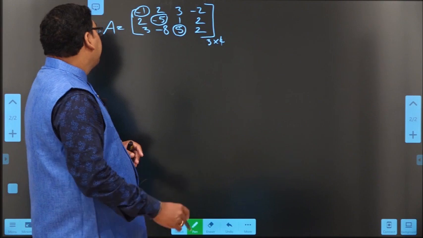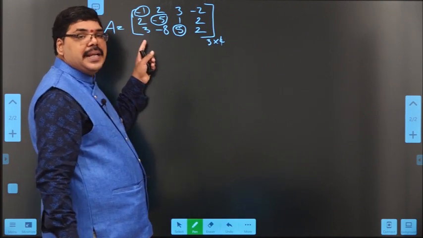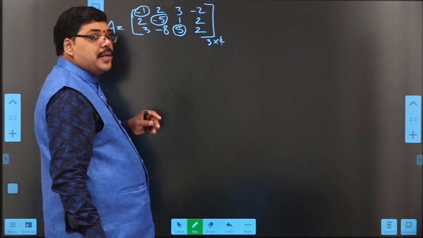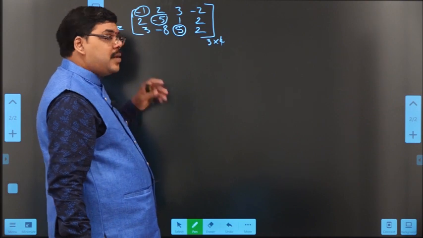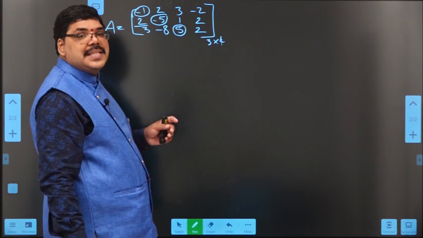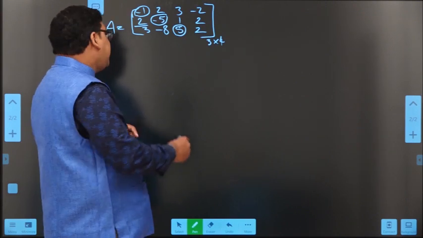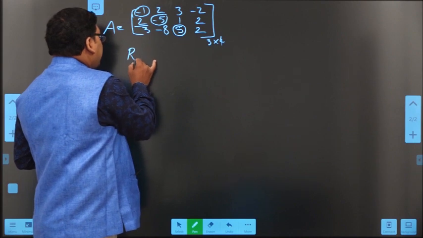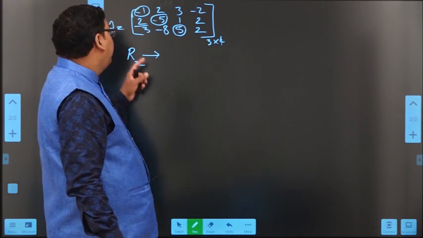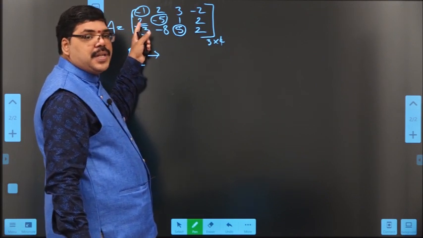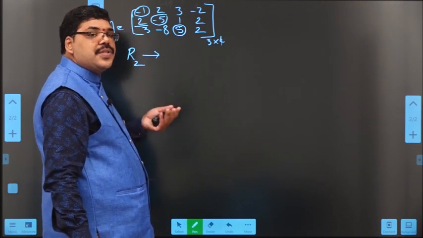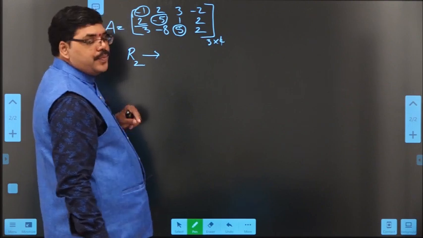Okay. So, here below the principal diagonal, there are 3 elements: 2, 3, minus 8. Okay, let us start. So I want to convert this into 0. This is in the second row, first position. As it is in the second row, I want to change the second row. So I am changing R2. Because it is in the first position, we should use the first diagonal element. Where is the first diagonal element? It is in the first row. So I want to use the first row.